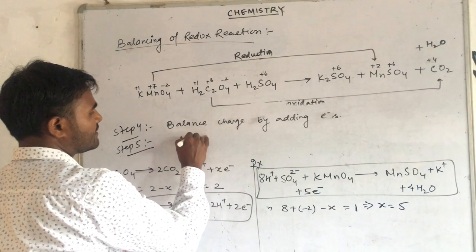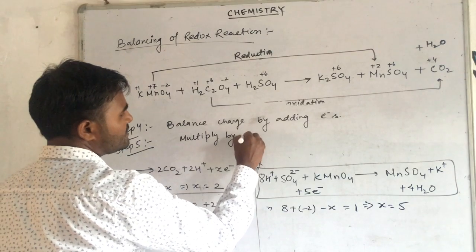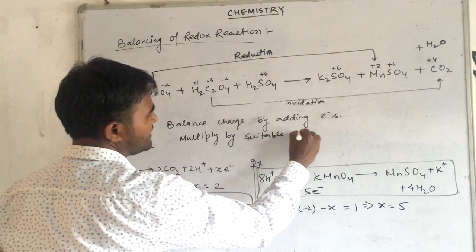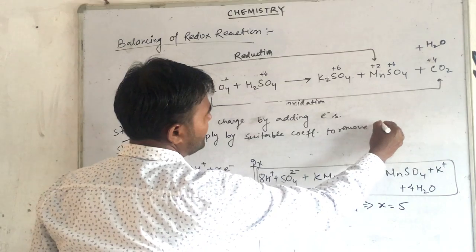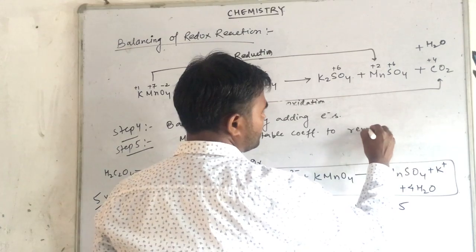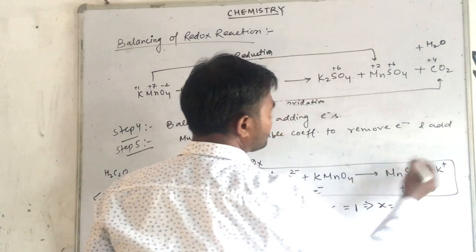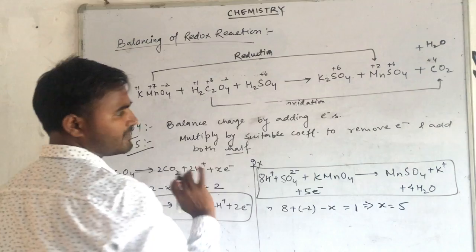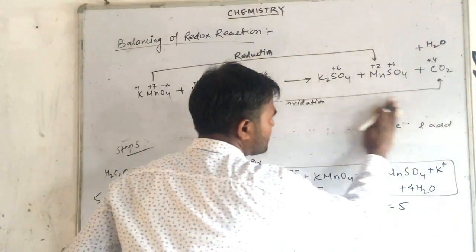multiply by a suitable coefficient to remove electrons. Clear? To remove electrons, and then add both halves. तो आपको पहले मल्टीप्लाई कर देना है, उसके बाद दोनों हाफ को ऐड कर देना है। तो मैं भी इसको यहाँ से हटा देता हूँ।